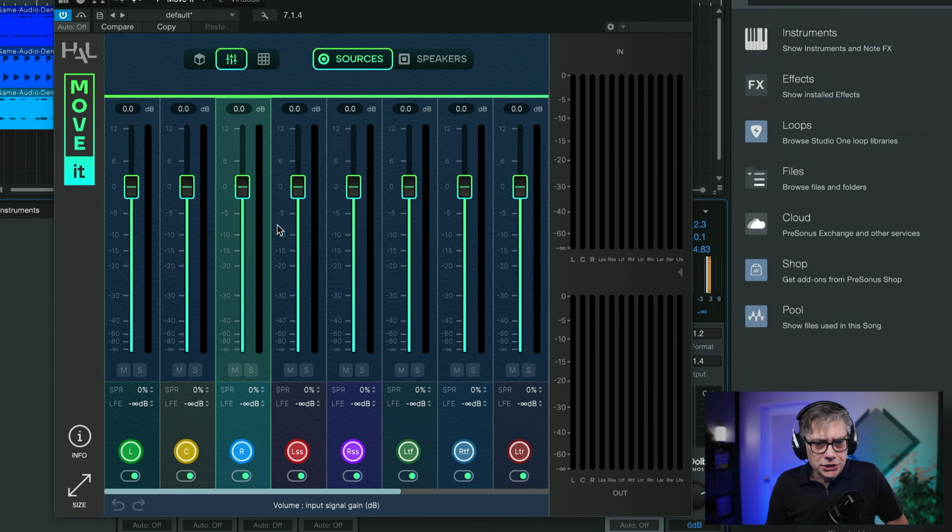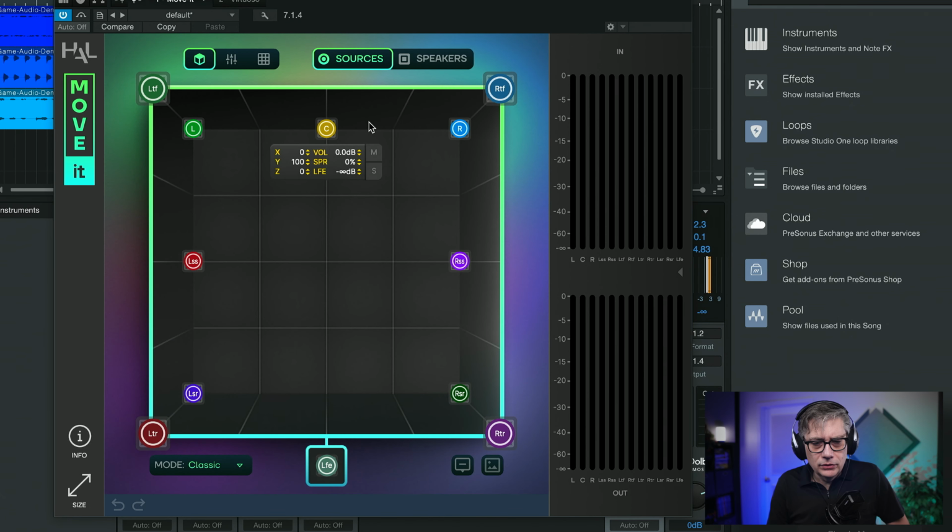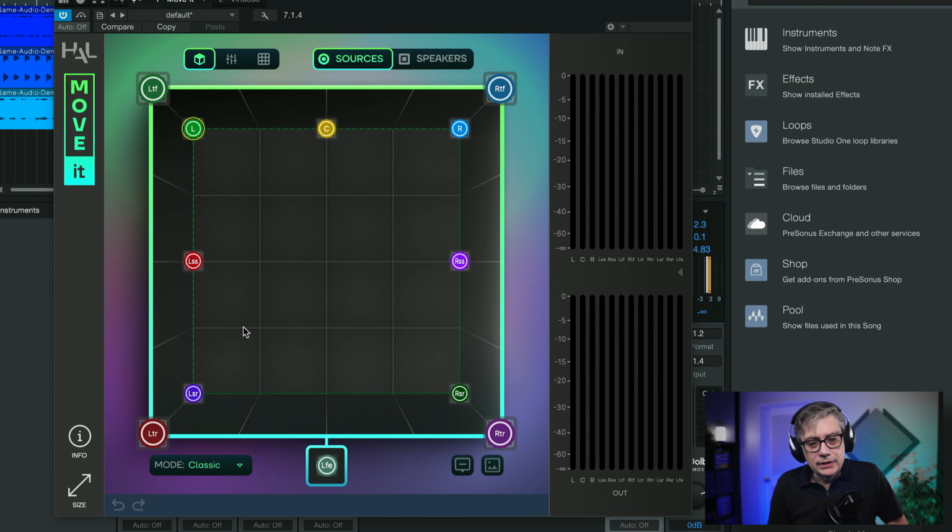Now, there's one major issue that I have, and in order to see that, let's go over to the panning window. You might have noticed that there is no option here to change the channel layout. One of the ideas is that you can do everything manually, obviously, so you can rename all the individual channels and then move them to whatever position you have. However, it would have been really useful to force the plugin into certain channel configurations.